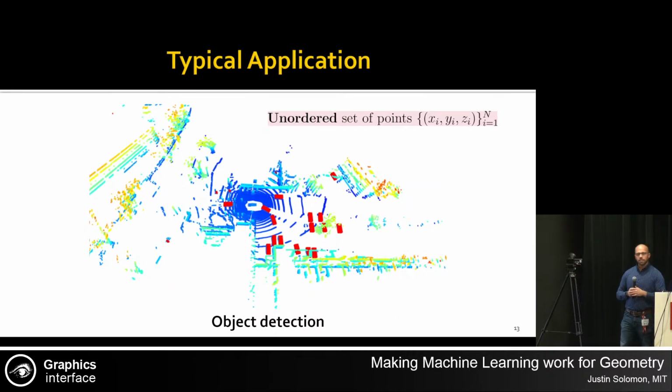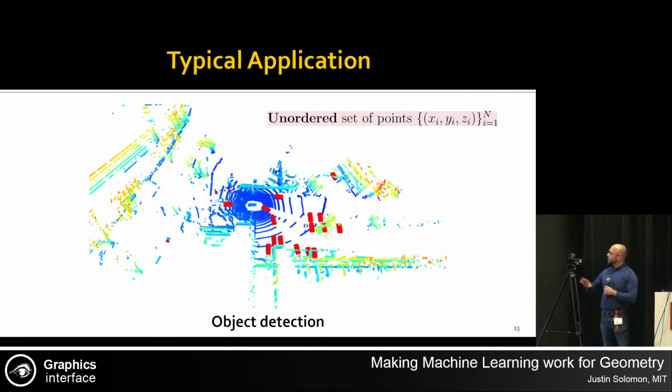Now, point clouds are an interesting modality. They show up both in computer graphics and in computer vision. So for instance, here I show you a LiDAR scan of the environment around a car. This was collected using one of those sensors that spins around on the top of an autonomous vehicle. And the basic task that we're often asked to do when it comes to this type of data is to identify things like where are all the cars in the scene, where are the pedestrians, where are the cyclists, because obviously you hope that your autonomous vehicle is at the very least cognizant of that information, plus a lot more. But there are a lot of challenges here.